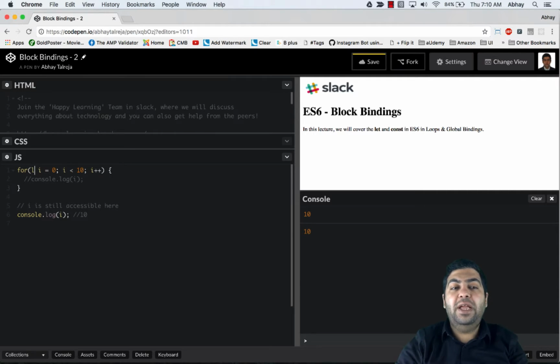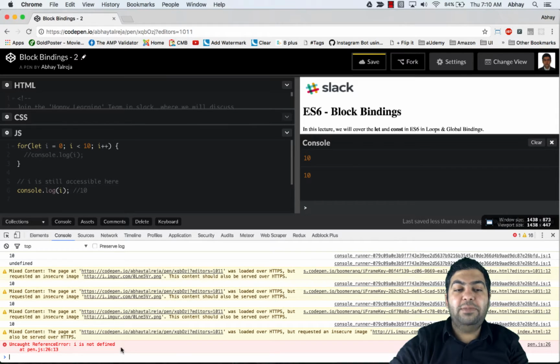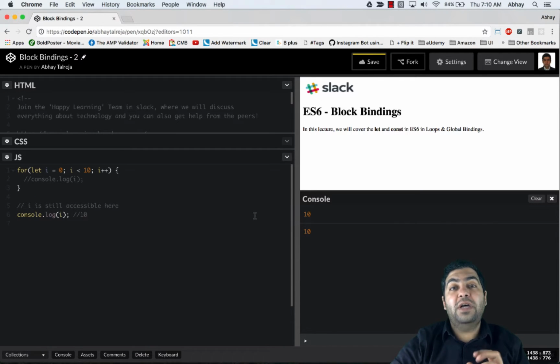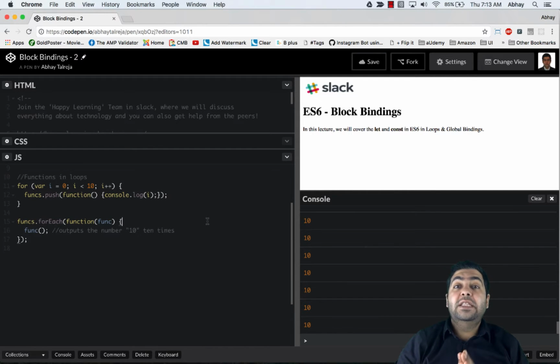So the moment I use let out here, this will not do anything onto this console. In fact, if I see the browser console, it should give me an exception saying that i is not defined, as you can see. This is a very good advantage that let added, because now your for loops are behaving the way you expect them to behave. Now that we have seen the use of let in the for loop, let's explore